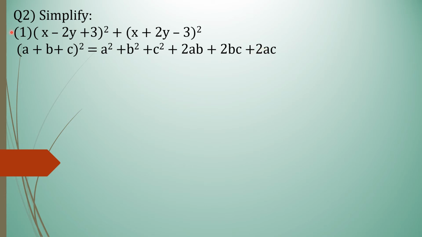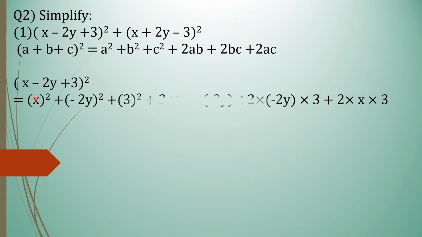But now students, you can solve both together, but it will become easy if you first find out the answer for the first part, and then find out the answer for the second expression. Then we will solve together, so we will not make mistakes. So first I will solve (x - 2y + 3) the whole square by using the (a + b + c) the whole square formula.